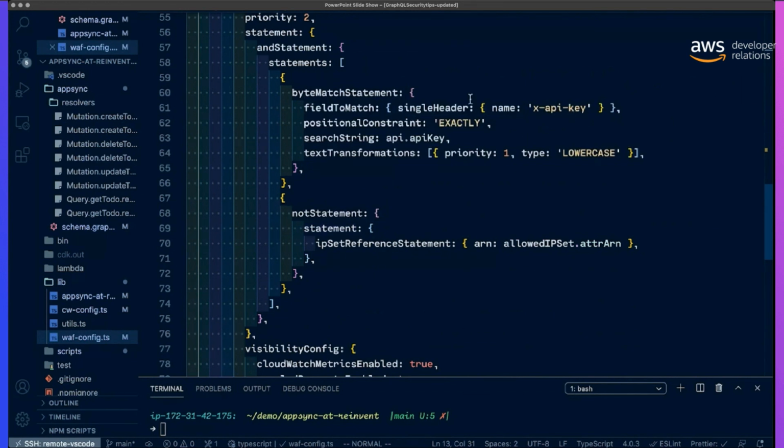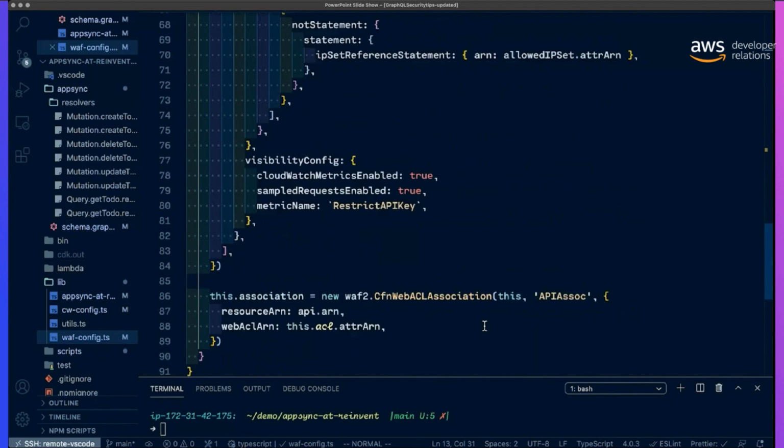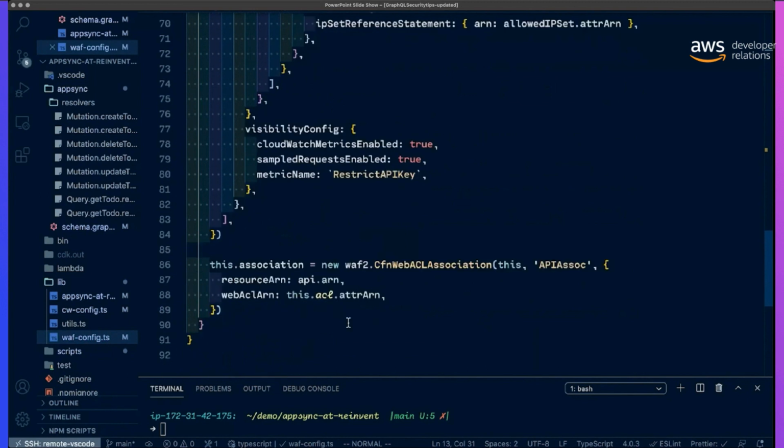So just specifying that. It's a field to match. And that's what that is doing there. It's very, very cool, because then that completely integrates what my API keys are in the AppSync service and what is allowed through WAF. We can actually test that out as well. Let's see how, after we've deployed it, we can test that out.